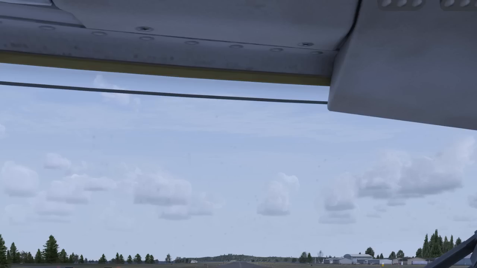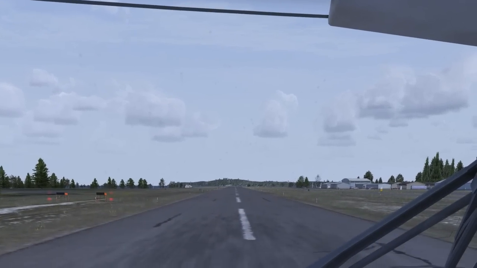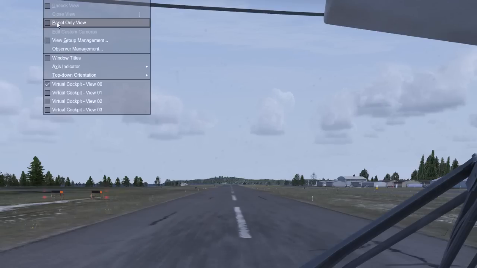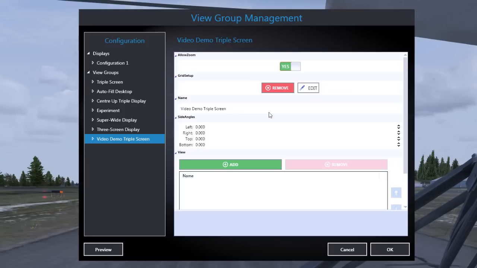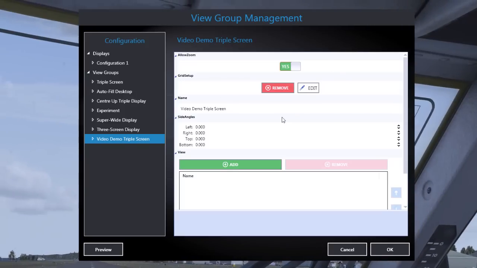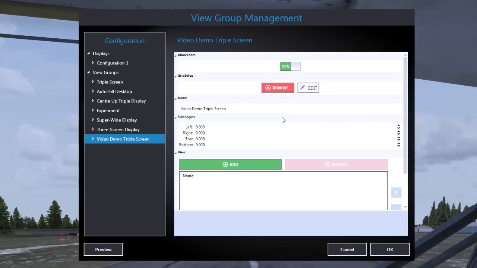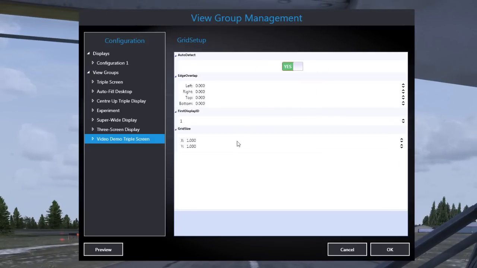So for that reason, I'm not going to use that feature to set up my view groups. But it's there. You know, if you have a simpler setup, you might want to experiment with that. I mean, the other problem with that, although we've got that working starting point for our view group setup, as far as I know, having used the grid setup method of creating that and using the auto detect,